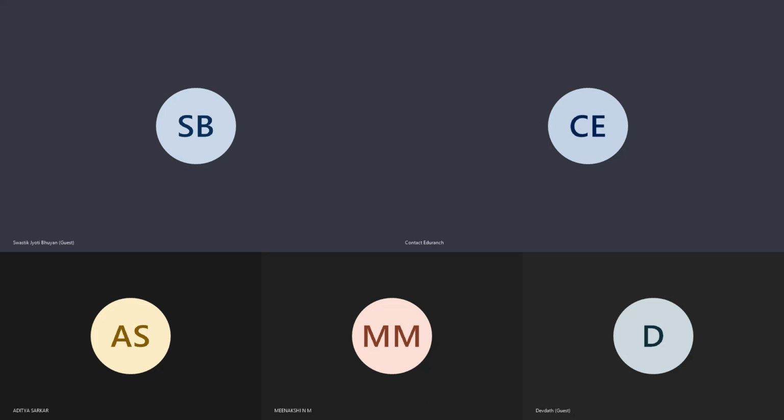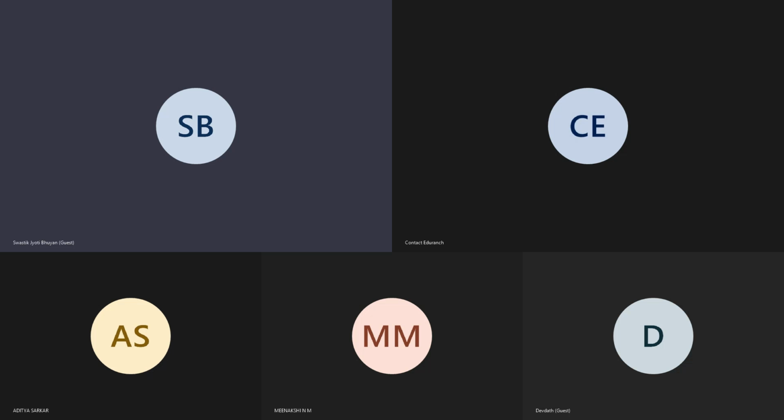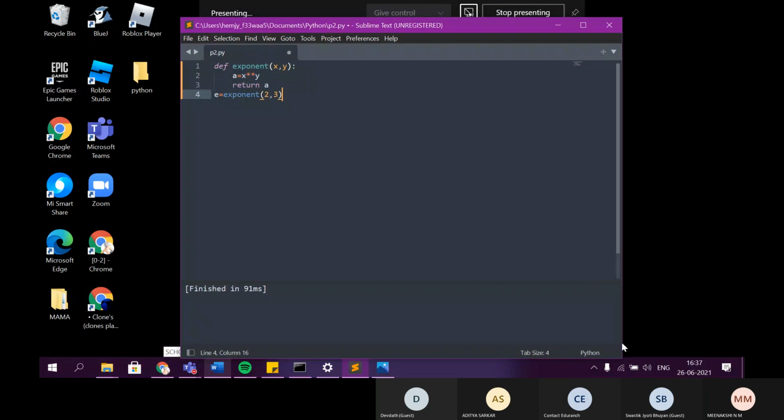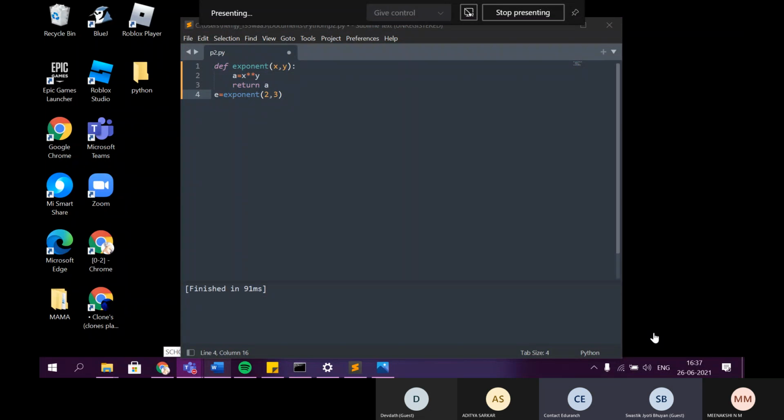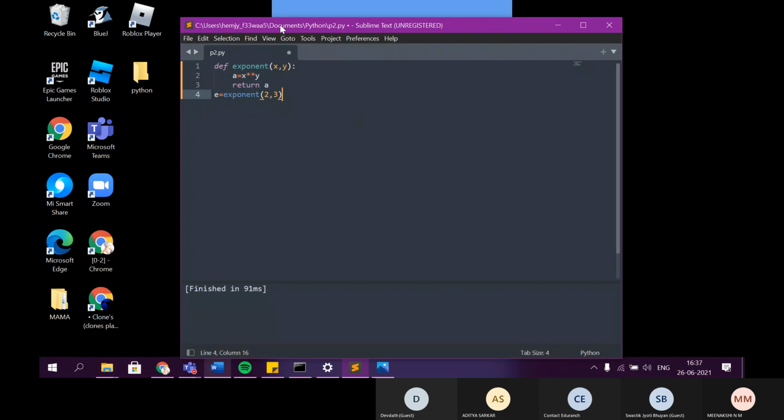Meenakshi, share your screen. Yes, now run. Control B. Tools or Control B. Now you see what is the problem? You have called the function, but you are not printing.